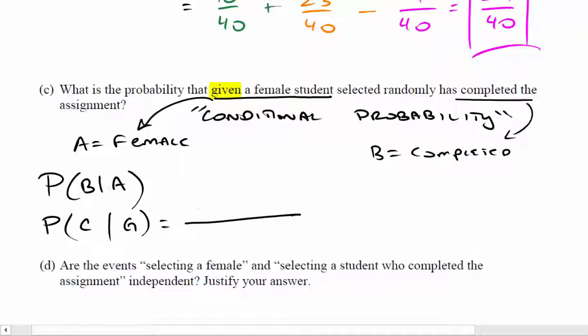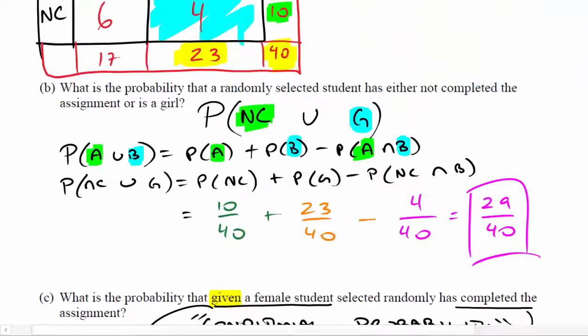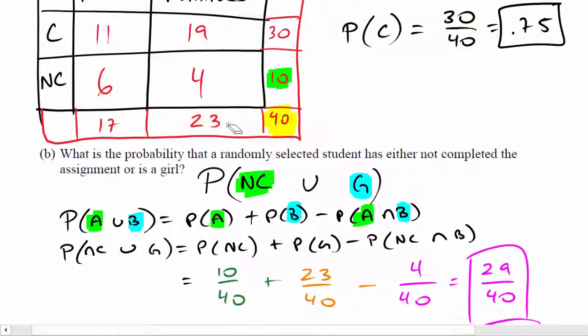So what we want to do is take the probability of the completed assignments that were completed by girls, so the intersection of those, and then divide it by the probability of girls. The reason this formula works is we're assuming we're looking at just the girls, and then we're only taking the students that actually completed the assignment of those girls and dividing by the total number of girls. So to go back to the table and give that a visual representation,